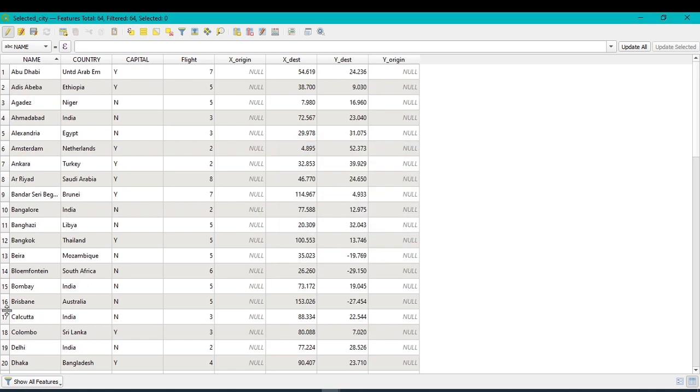Here I want to create a flowchart from Delhi, so I select the x and y coordinate of Delhi.